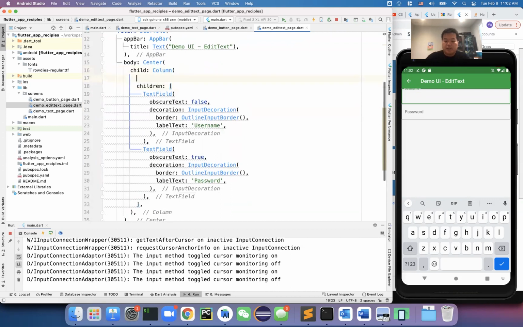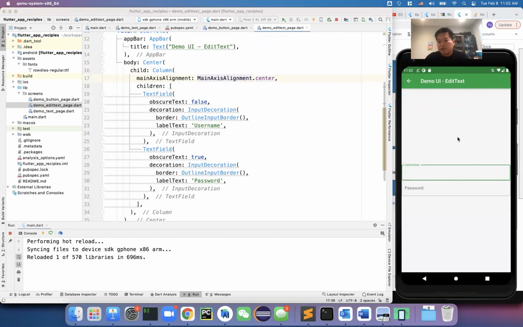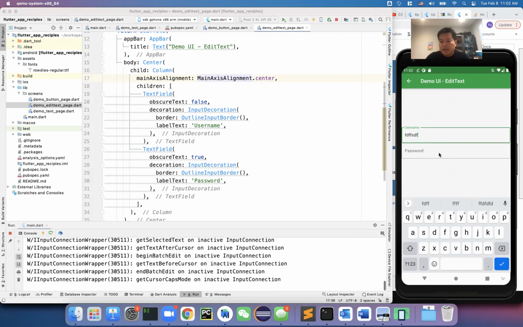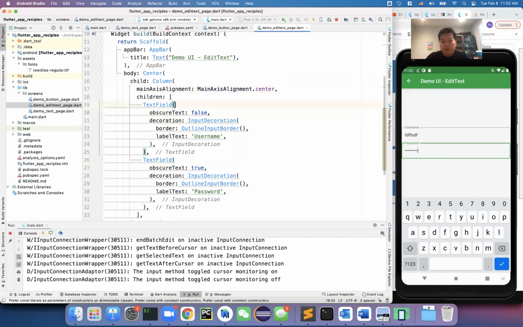Okay, so we'll need this kind of main axis alignment. Okay, yeah, anyway, we'll talk more about this alignment in the future, but today we just want to focus on the widget. All right, so that's how you can type something. You can see this is being hidden. All right, pretty straightforward. Now, the only other thing you need to know about the text field is that if